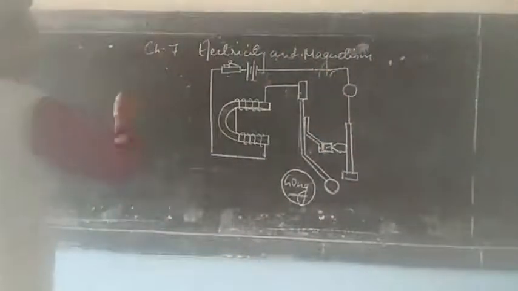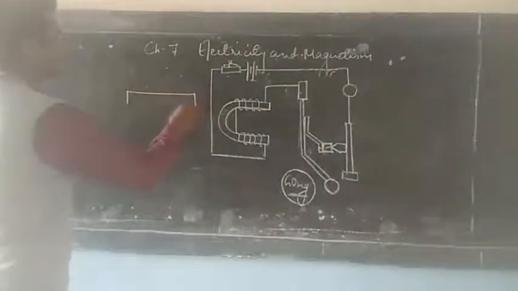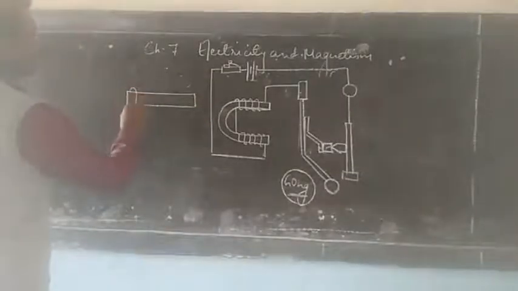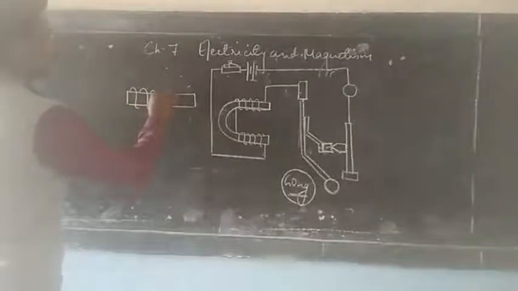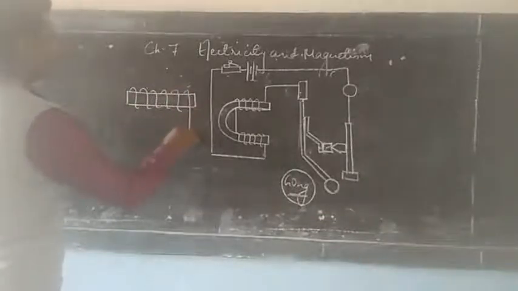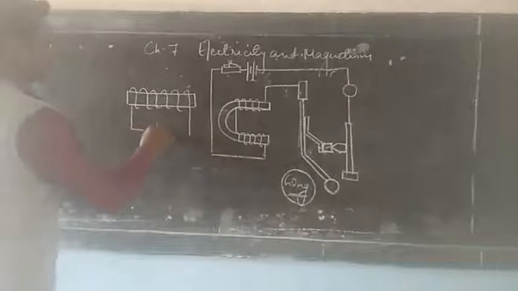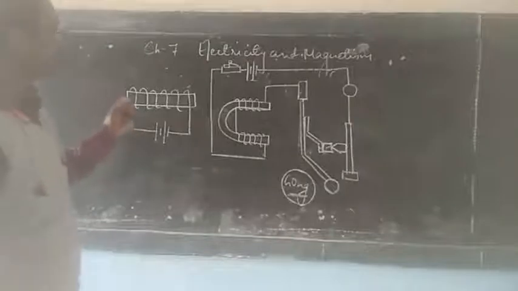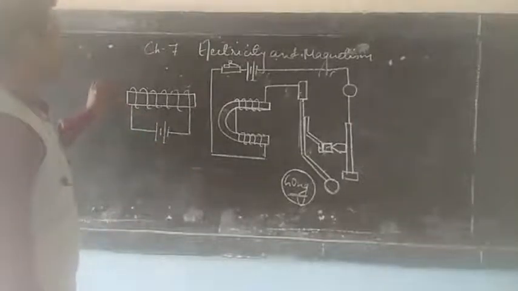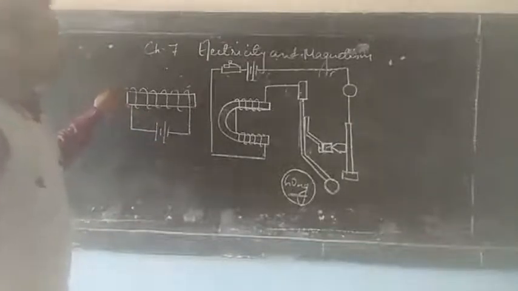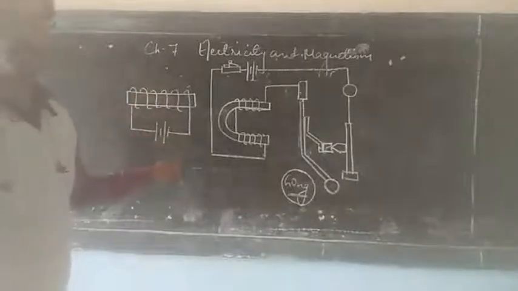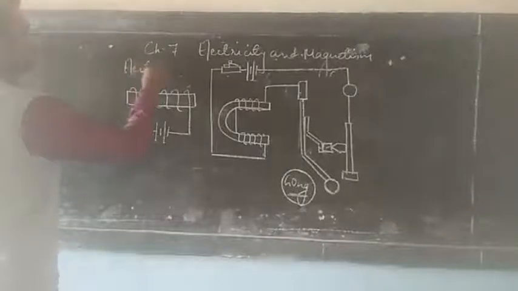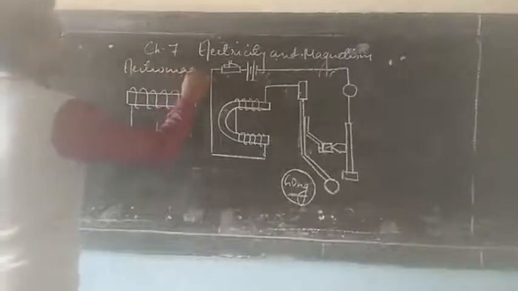Okay, so if you consider this as an electromagnet, this is an electromagnet with a number of turns made here with a copper wire, and we have connected it with a battery. So when you pass the current through it, this iron bar taken as the core will now behave like a magnet and will be called an electromagnet.